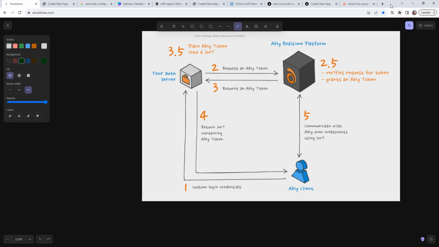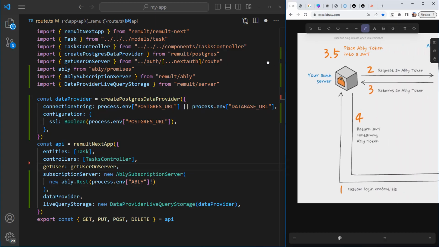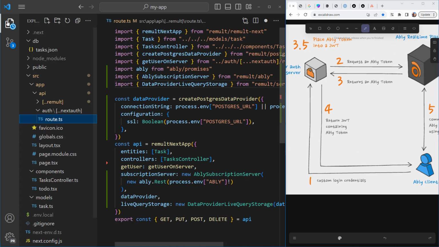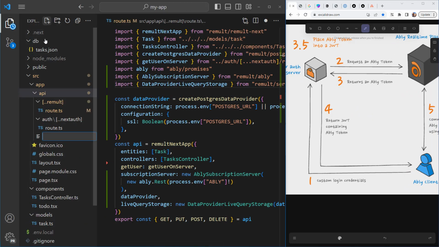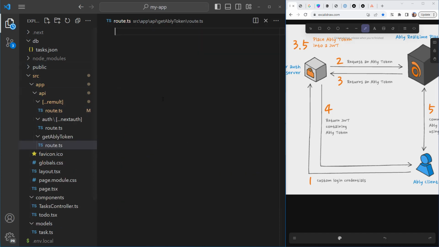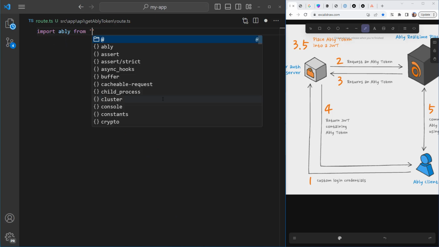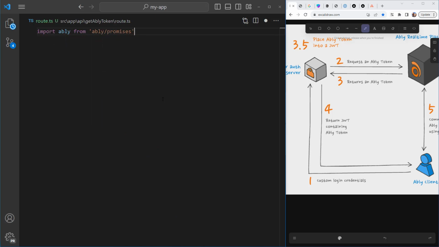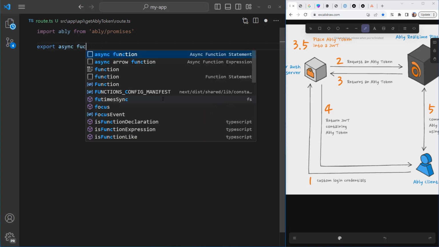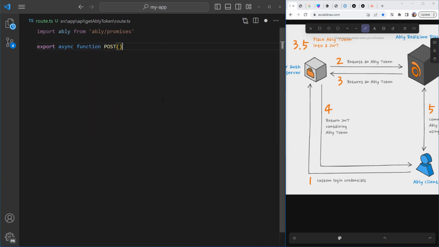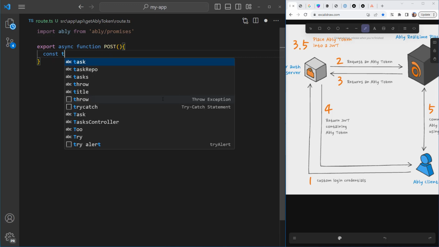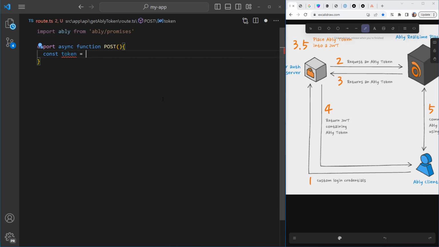We're going to head over to our API folder, and we're going to get Ably token folder, and in it we're going to put route.ts. And it's going to be fairly simple. We're going to import Ably from Ably promises and export async function post, and we're going to ask the token from await new Ably REST